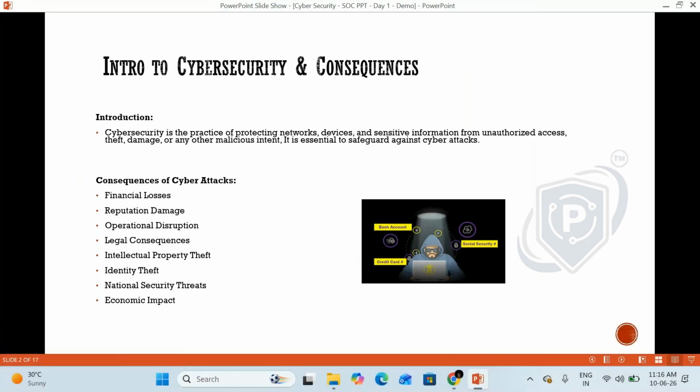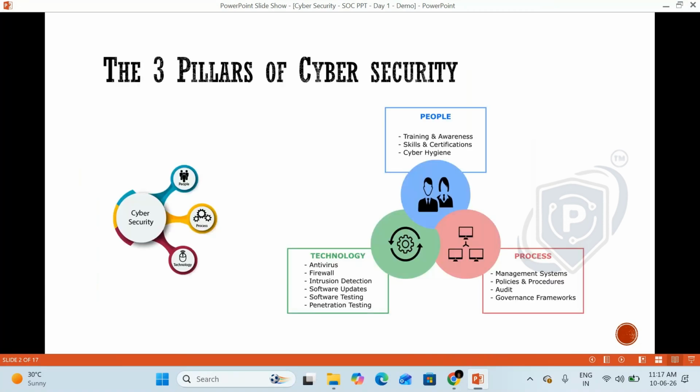If you fail to do that, a lot of consequences need to be faced, like financial losses, reputation damage, operational disturbances, legal consequences, intellectual property theft, identity theft, national security threat, and economic impact. Multiple consequences need to be faced by an organization or a person who is not following cybersecurity practices. That's my point. Now, to do this cybersecurity practice, the three major pillars of cybersecurity are people, process,